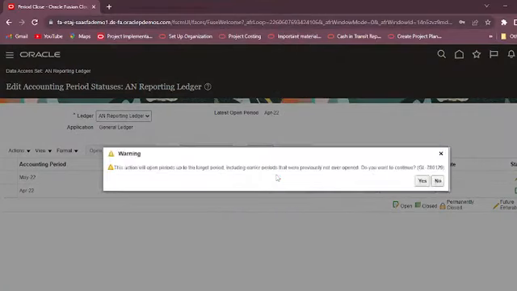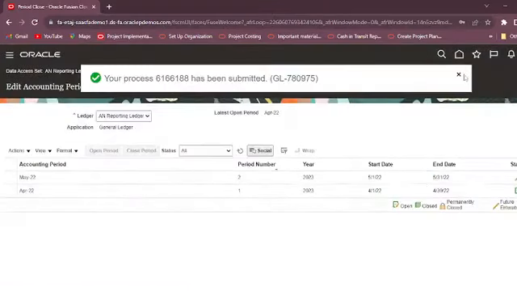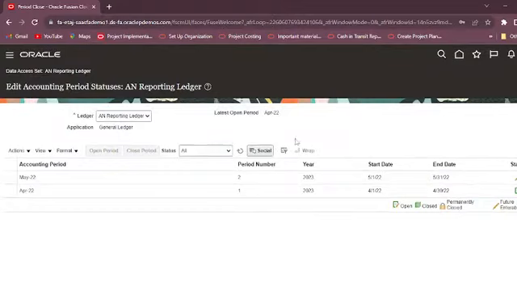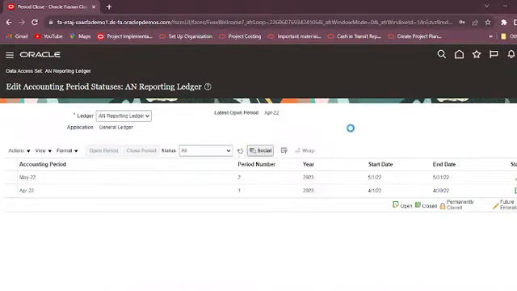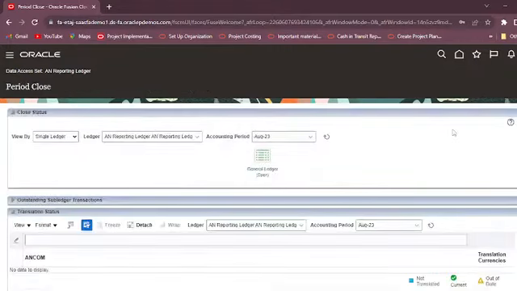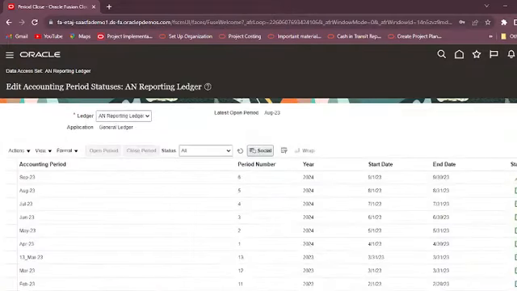Let's select the target period of the current period. Refresh this. So we have opened the periods.